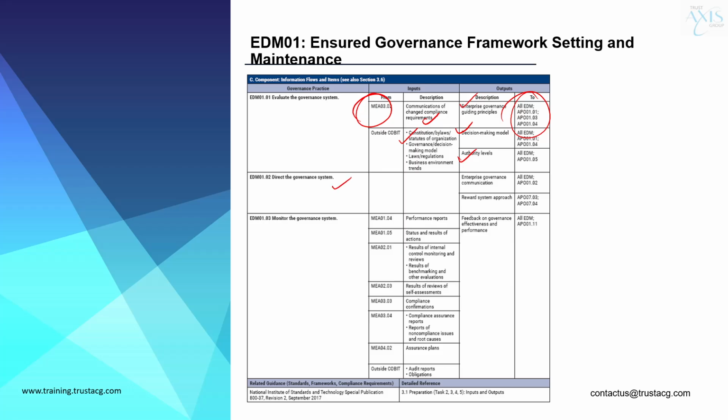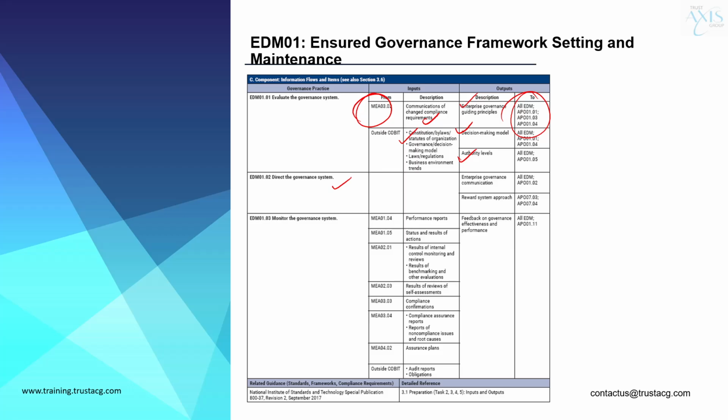Okay. So the second one was around directing the governance system. Once the evaluation is complete, the next step is where you direct the governance system, essentially providing strategic guidance for improvements. Now, the inputs for this practice are drawn primarily from the outputs of EDM 1.01, because once the evaluation is complete, only then can you direct what needs to be there or what improvements are to be made, right? So the outputs here include something like enterprise governance communication,